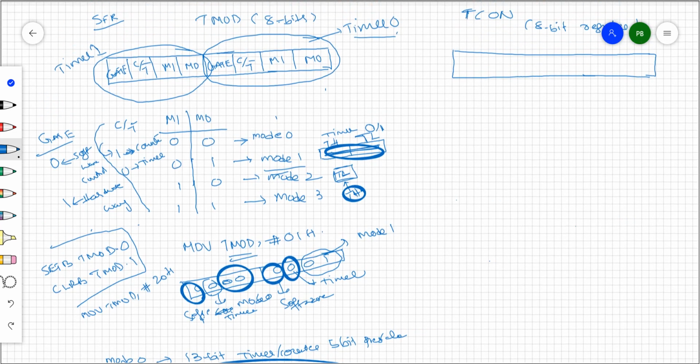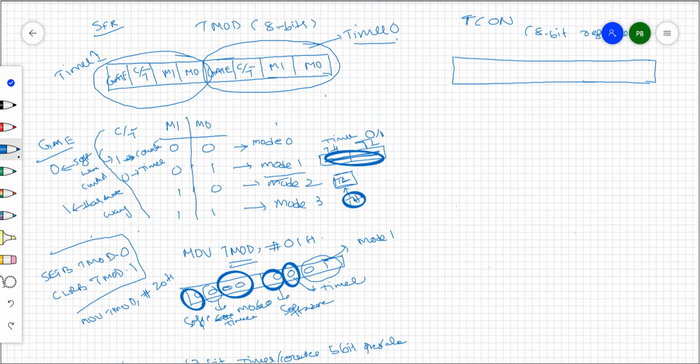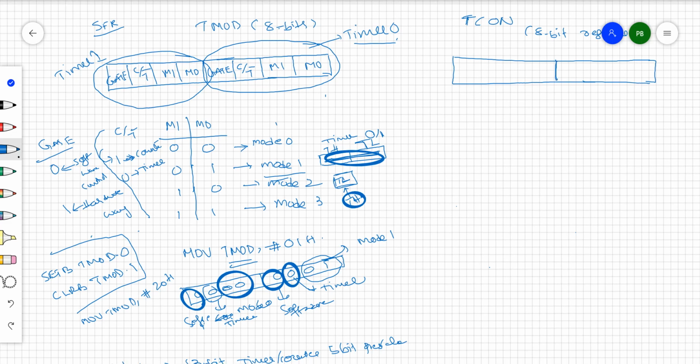Before writing the program for delay generation using timer and TMOD register, we need to understand this special function register also, the timer control register. This is also an 8-bit special function register that controls the operation of the timers as well as interrupts.